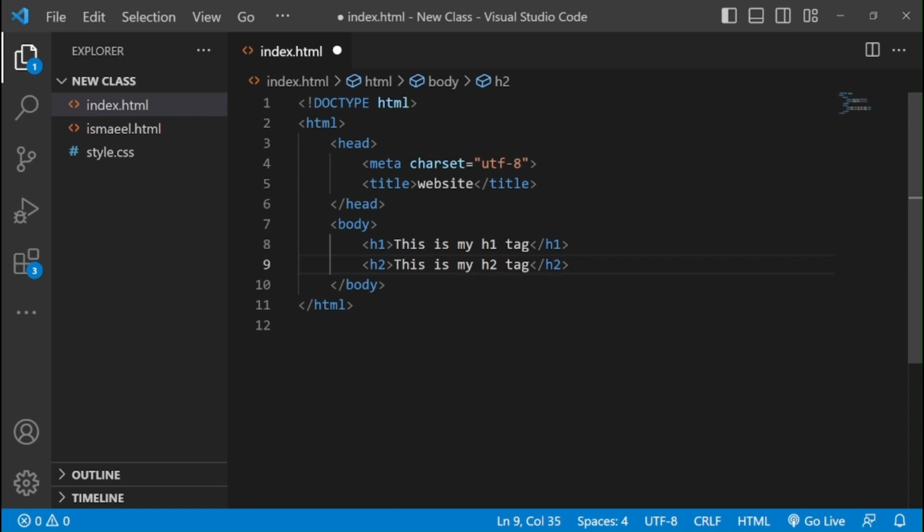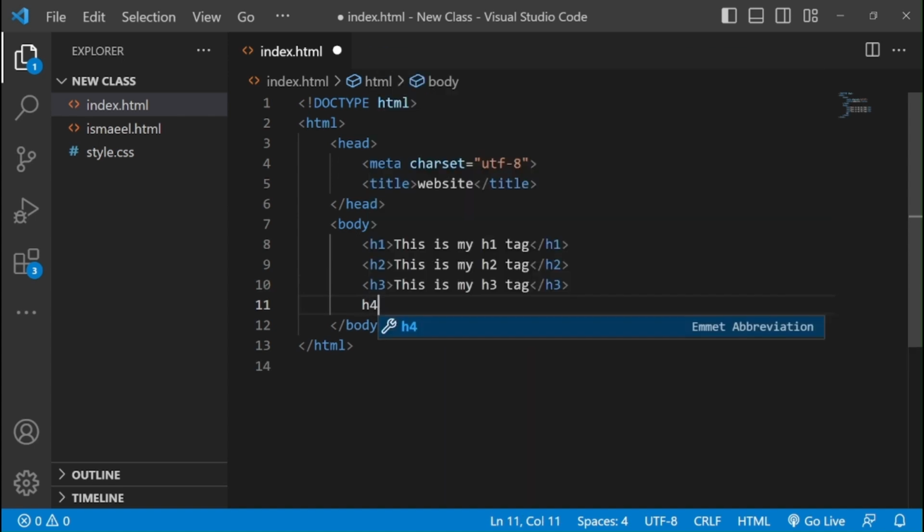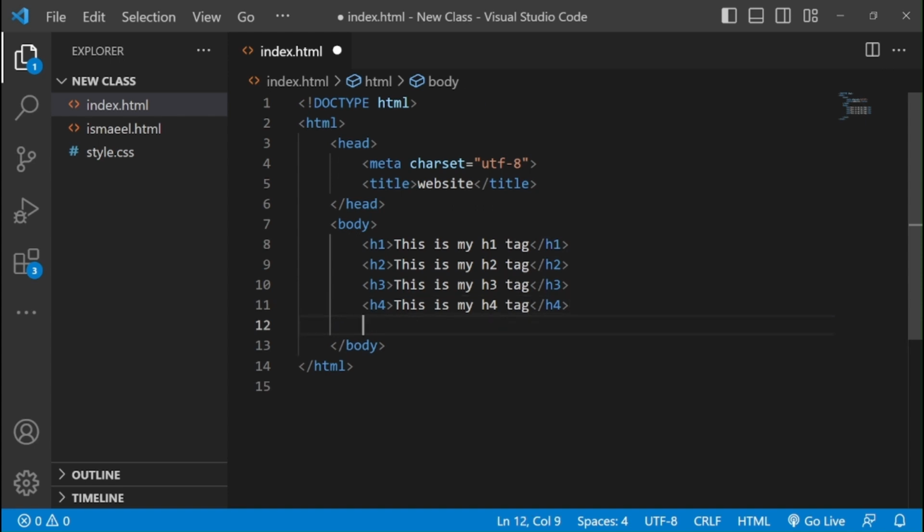And let's go to H3, this is my H3 tag, and then H4, this is my H4 tag, and then H5, this is my H5 tag, and then the final one,